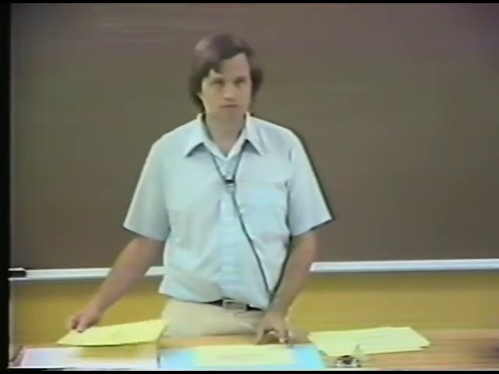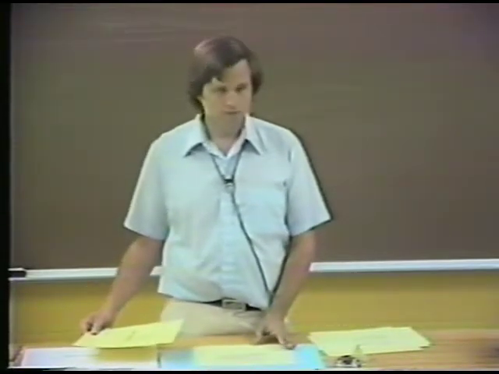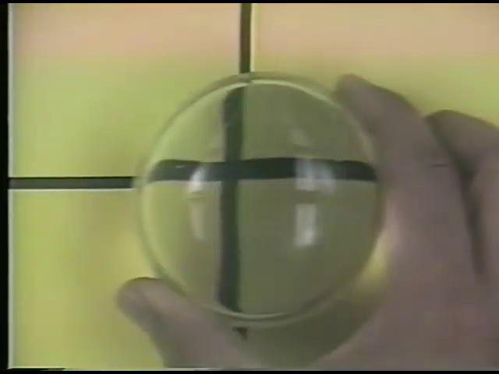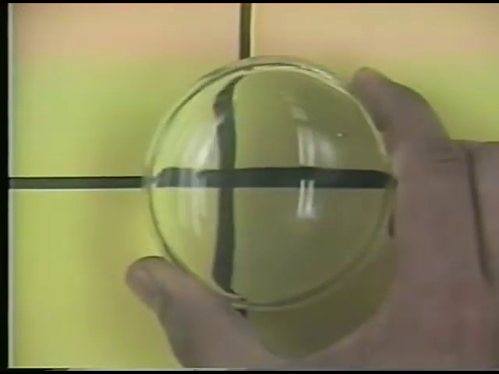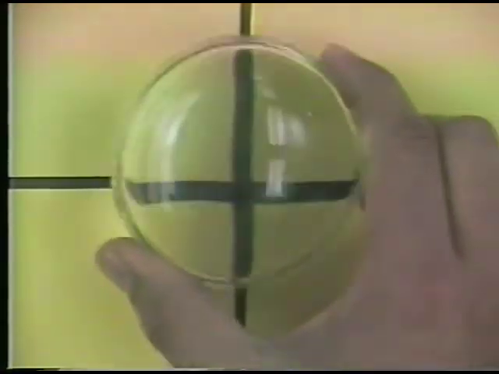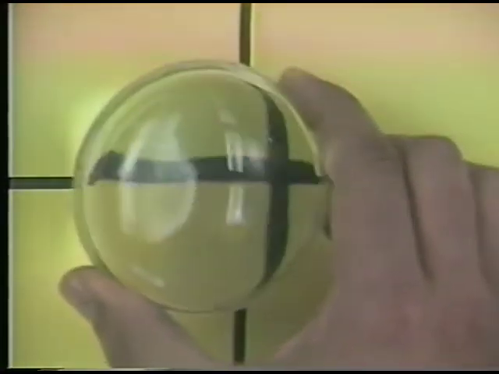But another aspect of refraction is that, at the interface, light can be bent. I can show the bending of light by using this simple diagram and by using a lens. You can see that if I impose this lens on this diagram, I can actually bend the position of the intersection of the cross